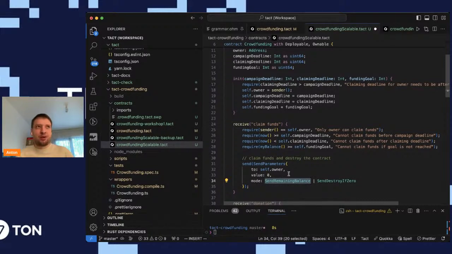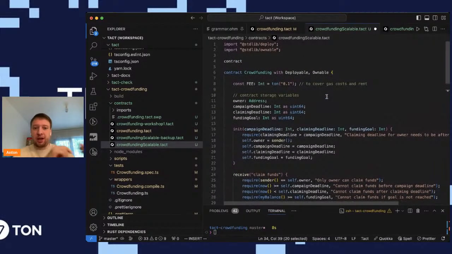It is possible to do this off-chain, so you could have some kind of script that would parse blockchain transactions and understand where all these donations went, and then the owner would have some logic to withdraw funds from each and every contract, which is not really gas efficient. You would still have to traverse potentially millions or billions of